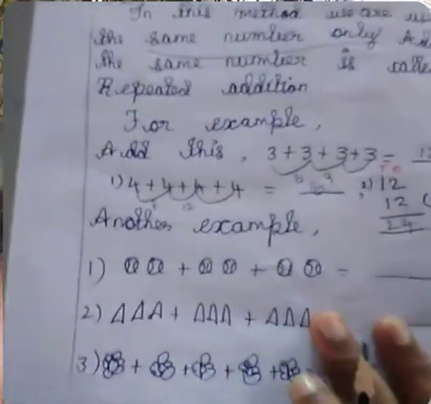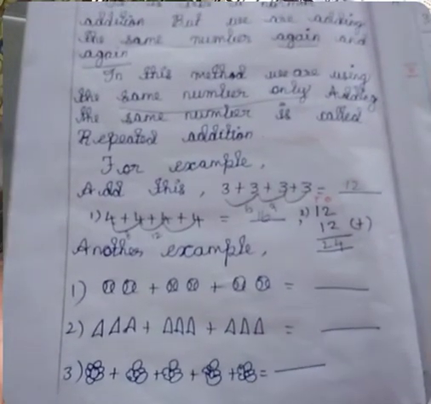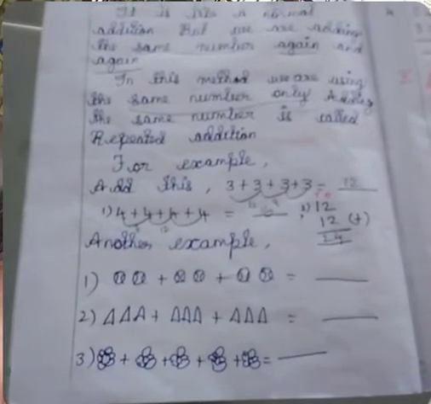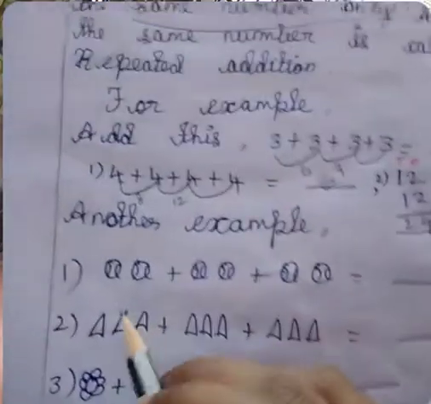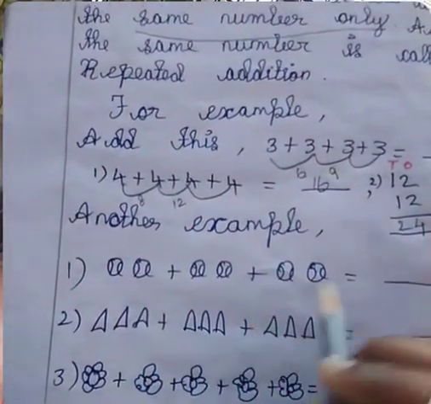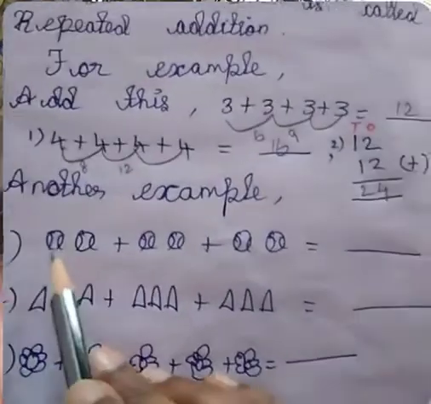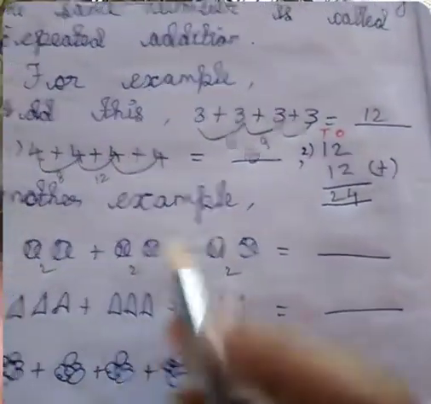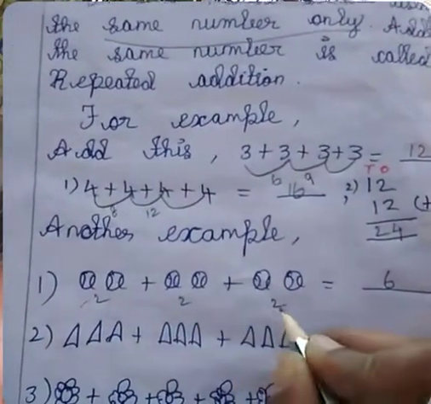They are giving some pictures. Again and again you are going to add, count the things in the picture and add the things. This is one example. See, first one, they are giving two balls again and again and again. You are adding this. First add 1, 2. How many balls? 1, 2 and 1, 2 and 1, 2. Okay, 1, 2, 3, 4, 5, 6. How many balls are there? 6 balls. We are adding 2 plus 2 plus 2, which means 6.